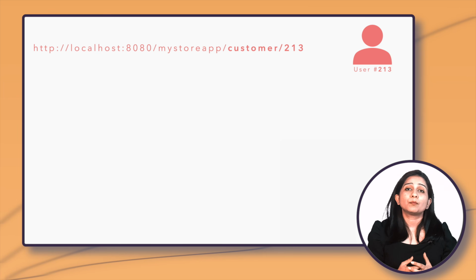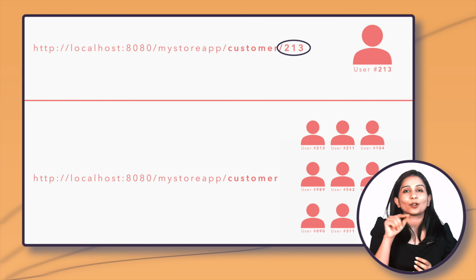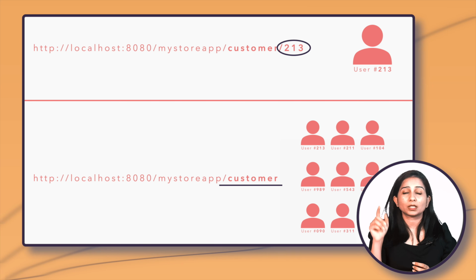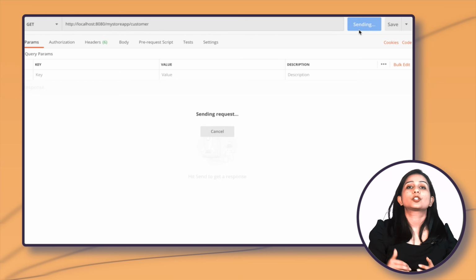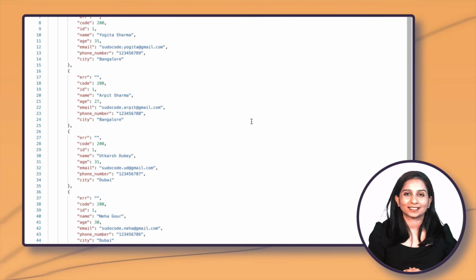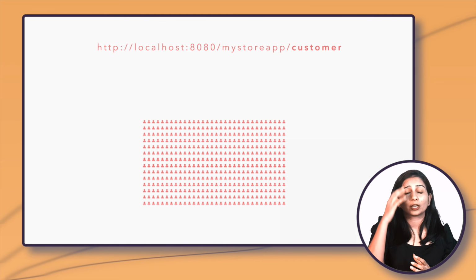Now, let's say we don't have just one customer in our database, we have a lot of customers, and you want to fetch all those customers in one go, in one API itself. In that case, what would you do? In that case, we might have to get rid of this path parameter. So we will just try to fetch using /customers and we will not use any path parameter. In that case, as you can see, we will get a list of all the customer resources that we have created. Obviously, if you have say 100 or 1000 or 10,000 customers, you cannot fetch all of them in the response of one API itself.